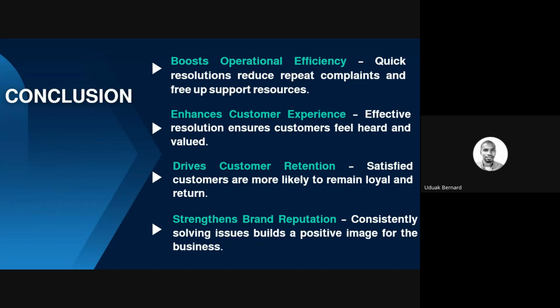Now, what's the essence of customer resolution or customer resolution tools? One, it boosts operational efficiency and reduces mix-up. You have a way of attending to complaints, right? It also enhances customers' experience. It gives the customer a positive experience, like, "Oh, somebody is there to resolve my challenge. If I have a problem, I have someone to talk to." Now, it drives customer retention. When the customer has loyalty to your brand, when the customer finds your brand as something he can connect with, he stays definitely